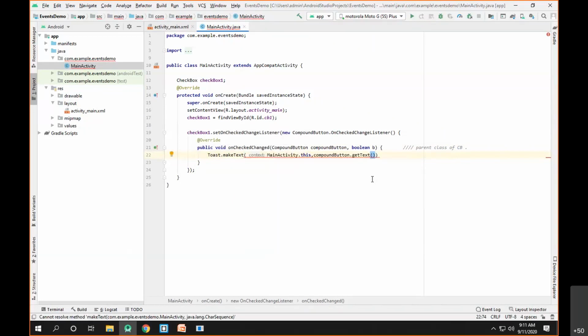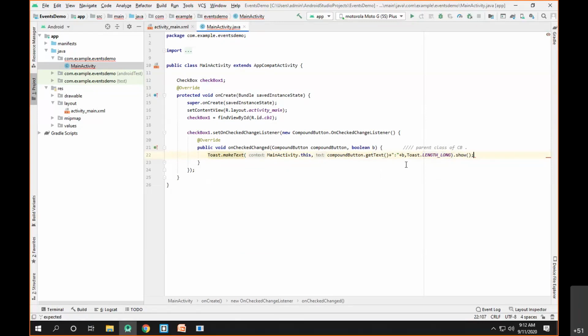To differentiate, I'll add a colon and then append b. This toast should be shown for a long duration. This is the toast that will be prepared, and in order to show it, I'll simply call the method show.